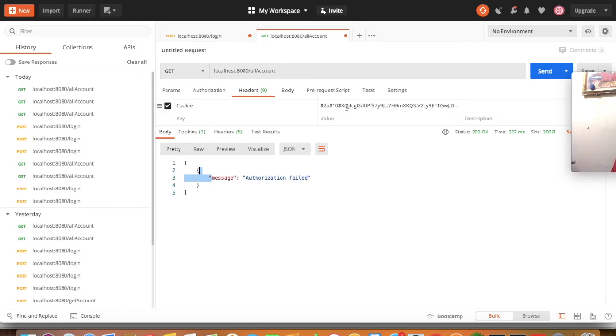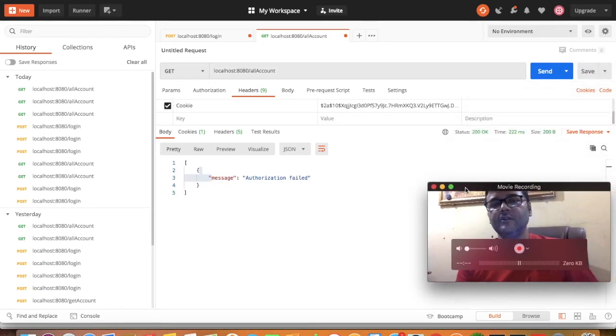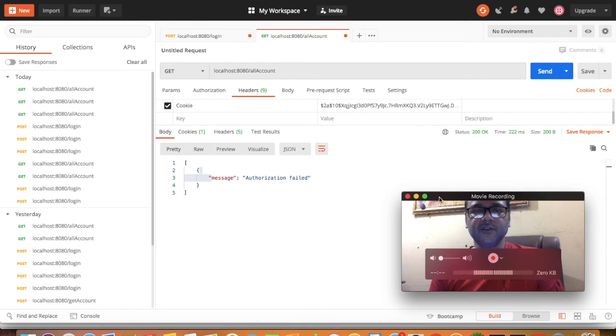Means if it is a mobile application or something else, there also we can go for using JWT, but cookie is limited to the web browser. Postman also works like a web browser, that's why we are being able to use cookie. So if our entire application is limited to the web world, then there is no problem in going for this validation.